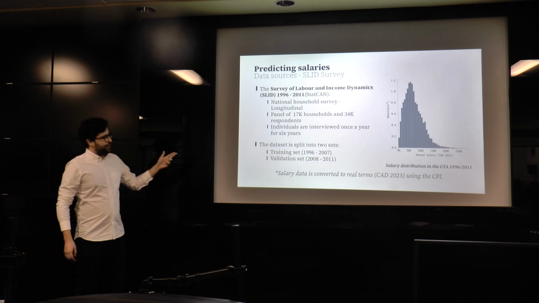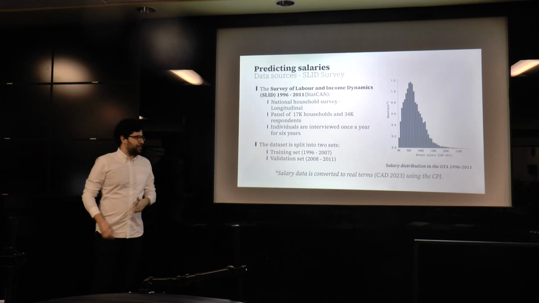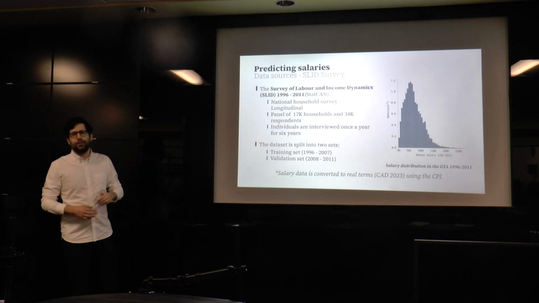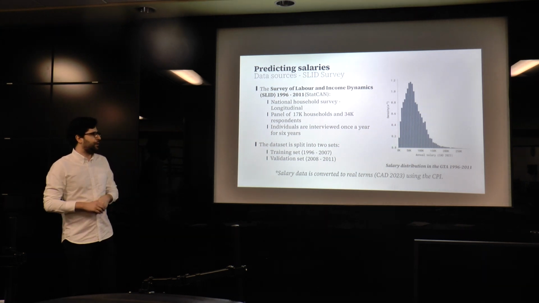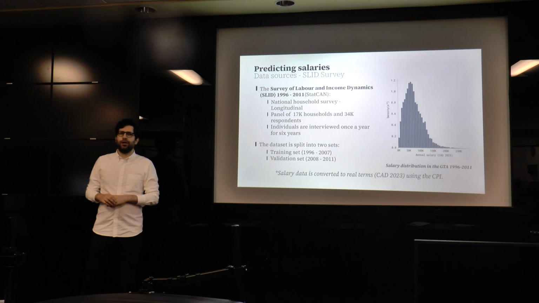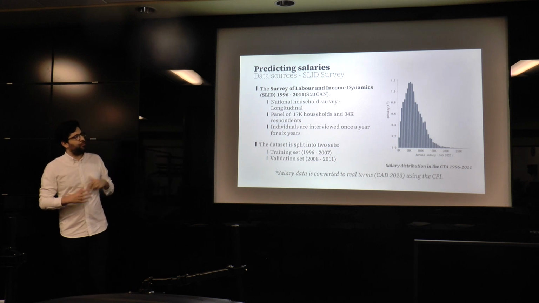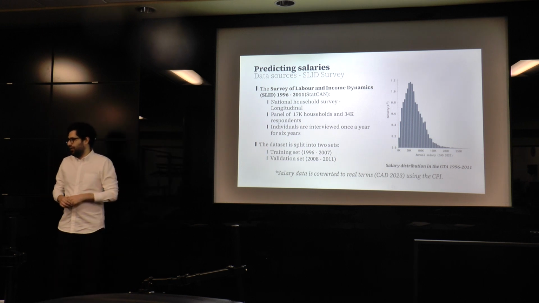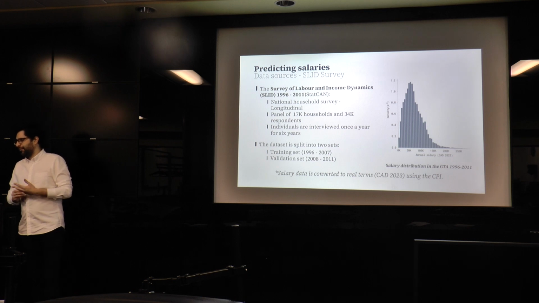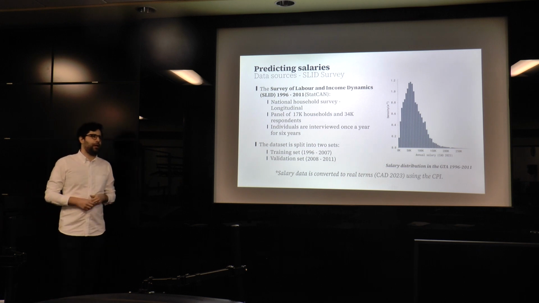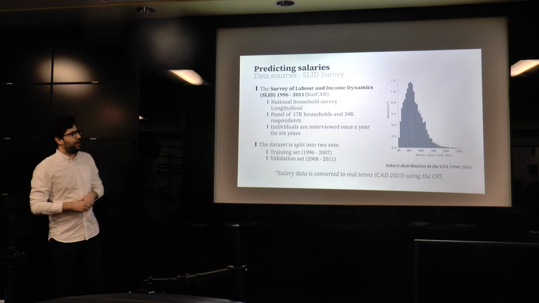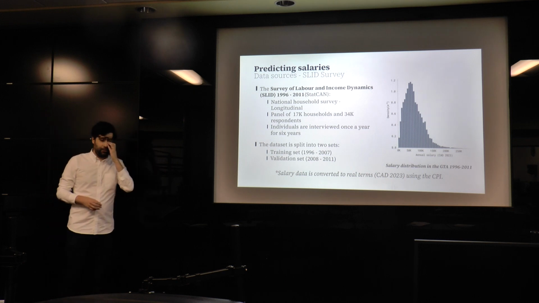The first is the training set until 2007, and then we held out the validation set to measure the real performance of our model. Also, the monetary values in this dataset were converted to real terms using the consumer price index. So all values are in Canadian dollars of